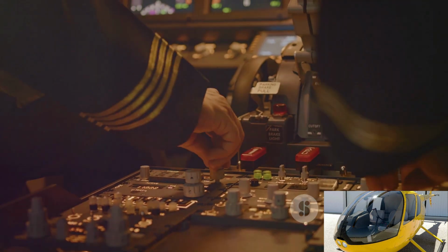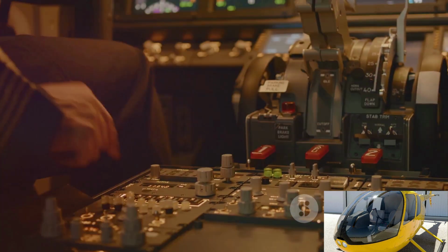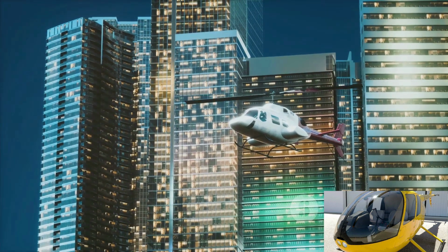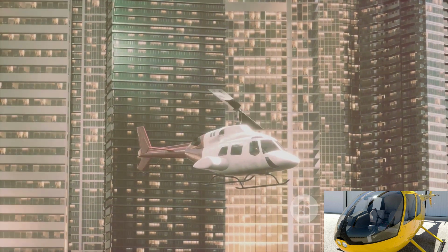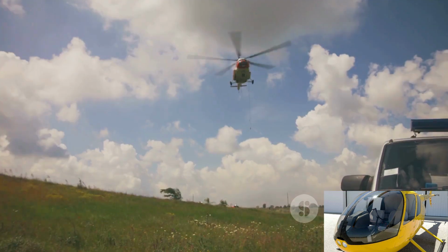So, what are the key takeaways here? Bird strikes are a serious threat to helicopter safety. Standard acrylic windshields, while effective in normal conditions, have their limitations. But thanks to Robinson Helicopter's innovative approach, we now have a solution that offers superior protection against bird strikes. With the introduction of the impact-resistant windshield, Robinson Helicopter